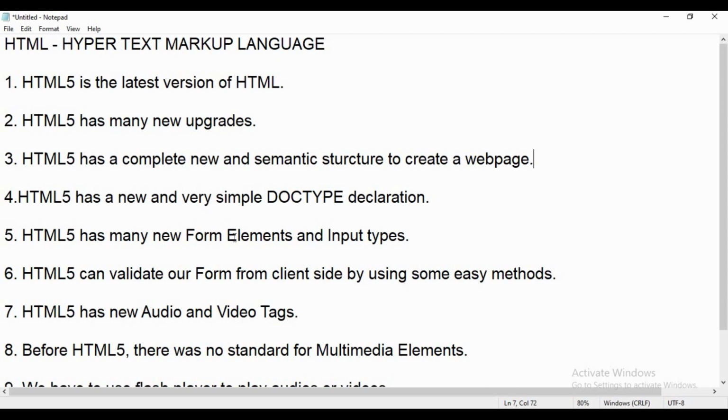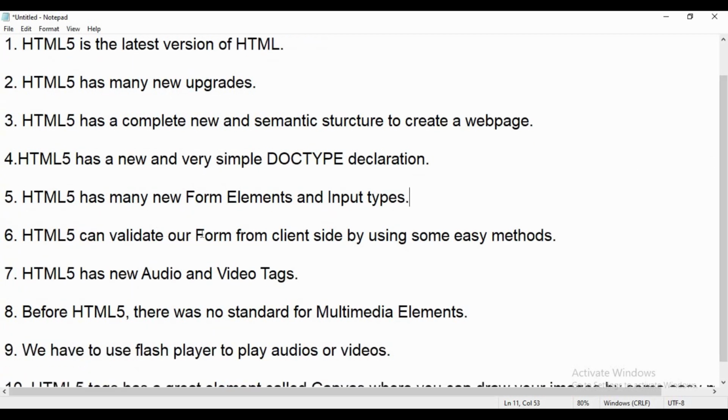Also, HTML5 has new form elements and input types. So there are new form elements such as the email field, the number field, so that you can only input numbers. So if you type in a letter and click submit, the form won't be able to go through. Also, you have the range input, so you can select a range. Next thing,